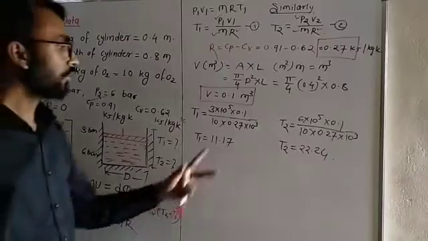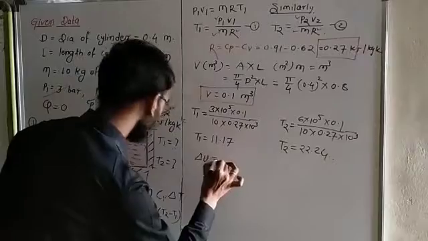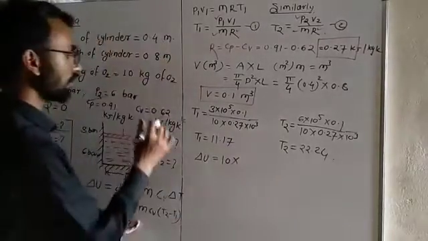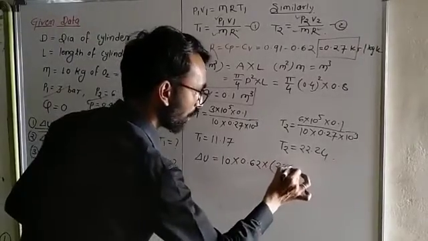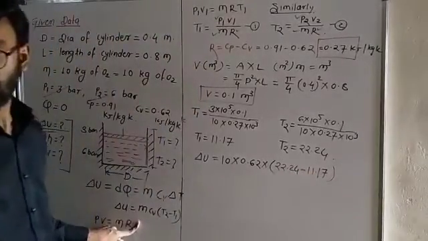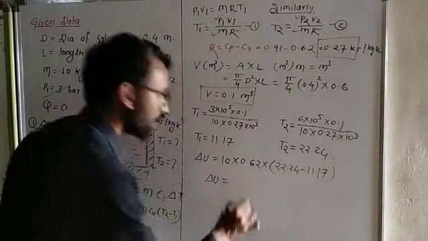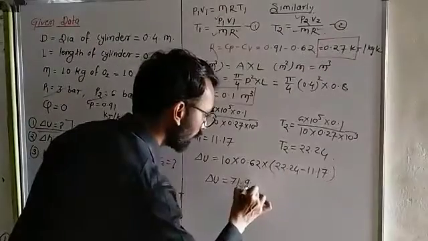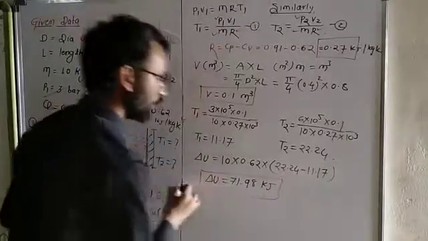Now you can calculate the change in internal energy. Delta U is equal to m, 10 kg, Cv 0.62, and T2 minus T1, 22.24 minus 11.17. The change in internal energy is equal to 71.98 kilojoule. This is the change in the internal energy in this